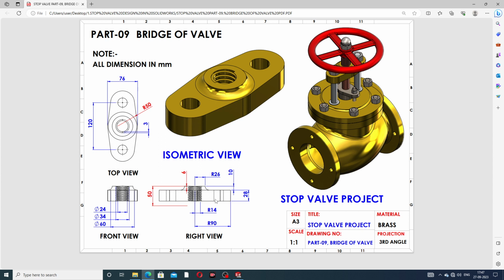At first drawing this geometry: this distance is 19 millimeter radius, this distance is 14 millimeter, this is 28 millimeter, this is 10 millimeter, and this is 26 millimeter. This red color 6 is the revolution 6. This is the pitch, and this is the height and pitch, and height and revolution. This revolution is 6, this turn is 6, and this is a 50 millimeter height. This thread is used here. On this 50 millimeter, a fillet is used on both sides.